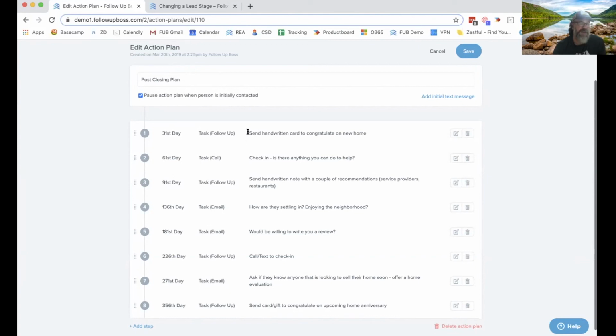Basically, sending a handwritten card, calling and checking in, sending a note with some recommendations for the neighborhood that they just moved into, and an email to check in, ask if they're willing to write a review, and make sure that they get the link to the page where they can write a review. Give them a quick call and text, and towards the end, ask if they know anybody else who's starting a real